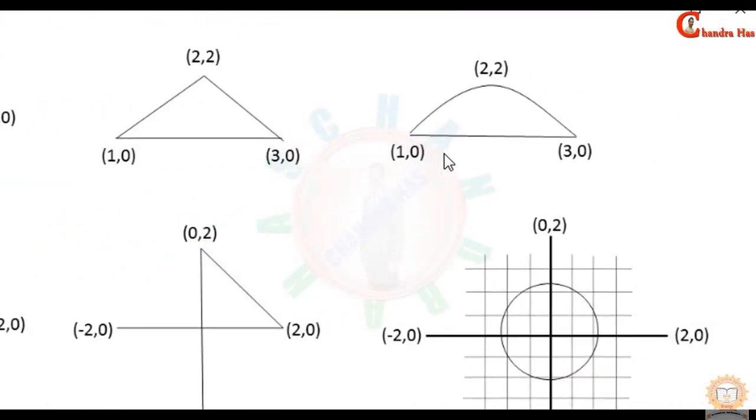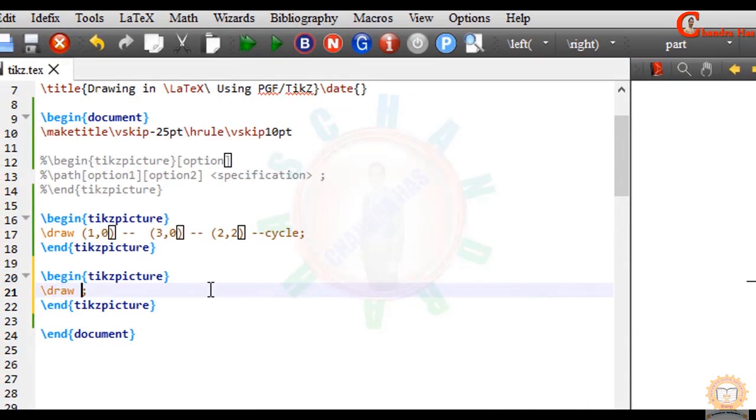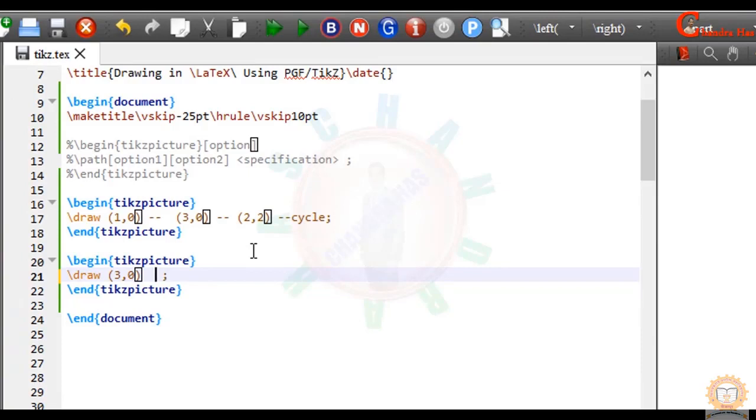In the next example, I want to connect one smooth curve and one straight line. Okay, so we have already drawn this one, and we need to draw this curve. So first of all, we need to specify a starting point. Okay, for curve path we use controls option. After controls option, just specify the point at which you want to bend your straight line. Okay, I want to use 2 2, and then last point I want to use 4 0.